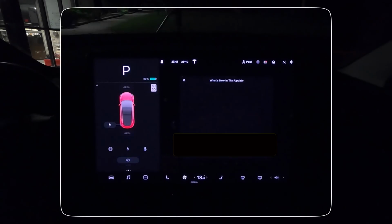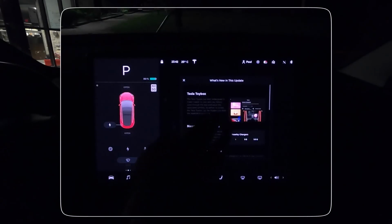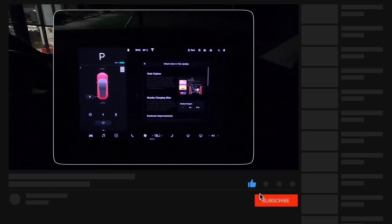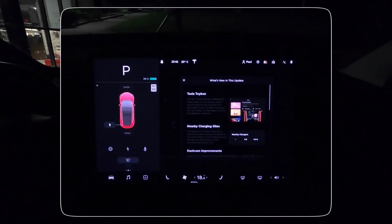All right, let's take a look at those release notes. So the Tesla toy box, I keep calling it a toolbox. So when I say toolbox, I mean toy box. The redesign of the interface, we're going to take a look at that in a moment. Nearby charging sites. Let's see here. What does that say? The charging list has been improved to...